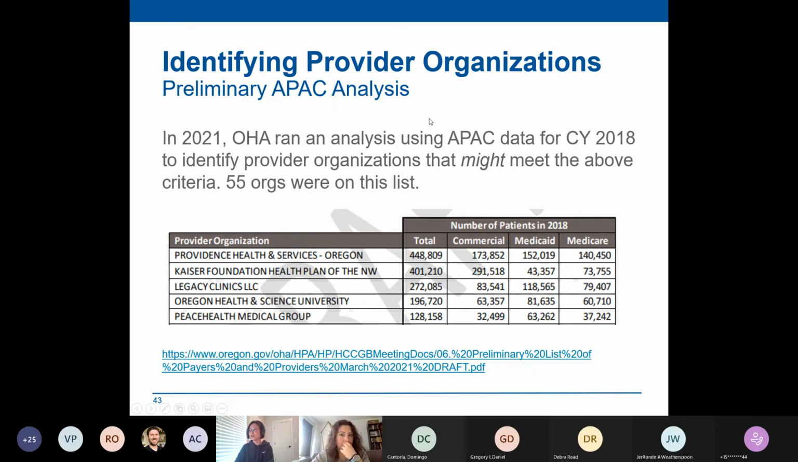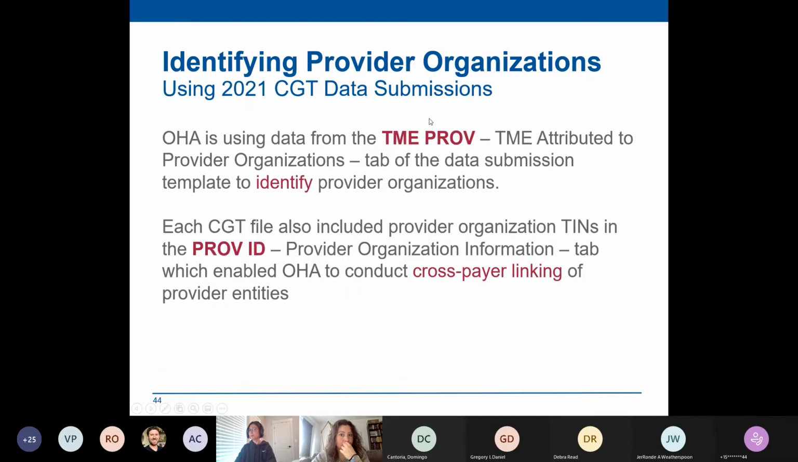Thanks, Sarah. Could you go to the next slide, please? For this year, because we already have the 2021 data submissions, which is for calendar years 2018 to 2020, we have plenty of data for provider organizations from all the payers. We are going to use this data to identify which provider organizations meet the criteria. More specifically, we are going to use the member months and the provider organization names from the Time Prof tab to identify which organizations meet the criteria, where